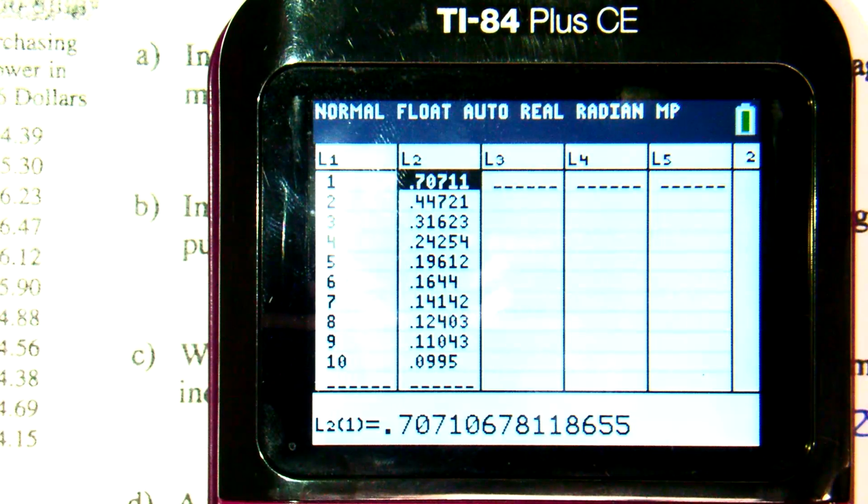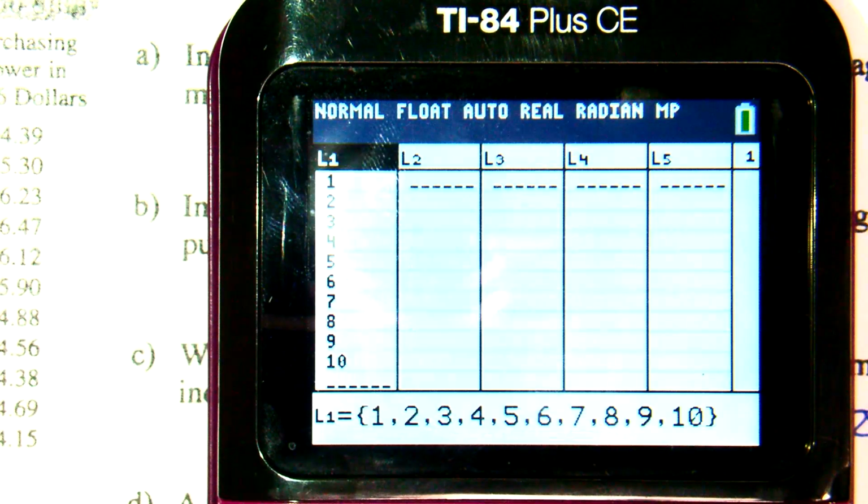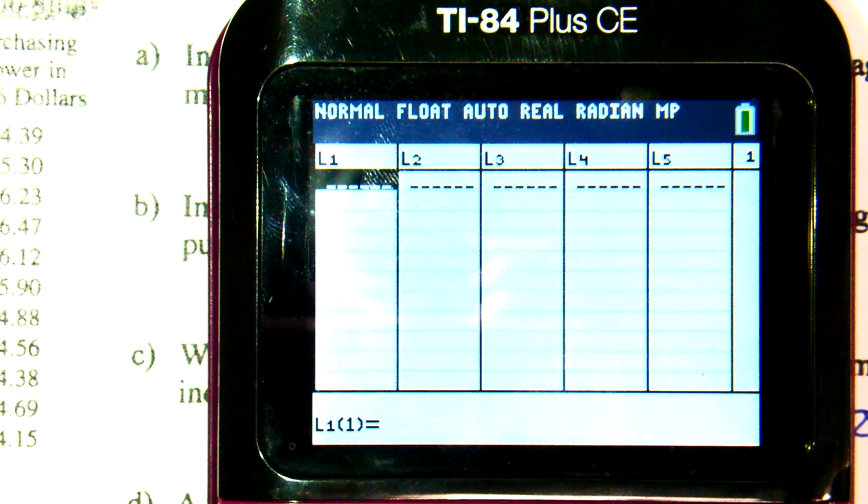I can do the same thing in L1. Go up to that heading and do clear, enter. You guys have blank columns. Okay, what needs to go in one of these columns? The total. Okay, we need the total numbers, like the total number of prisoners in one column,